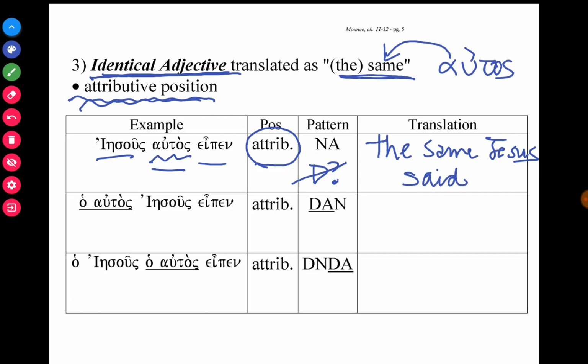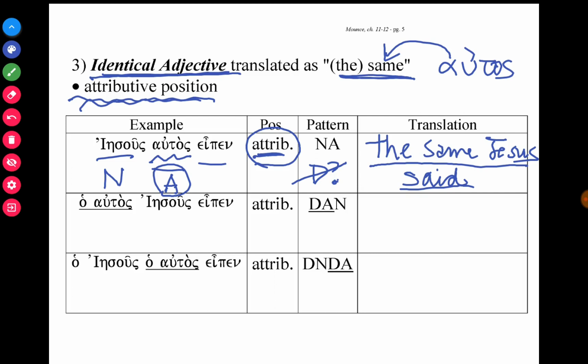Where aŭtos, we have the noun here and the pronoun in the adjectival position. And this adjectival position, because we have no definite article, it's unclear whether it's attributive, as we translated it here, the same Jesus said, or whether in the previous slide we translate it in the predicate position as Jesus himself said. But with the other examples where we have an article, it will actually be very clear how to translate